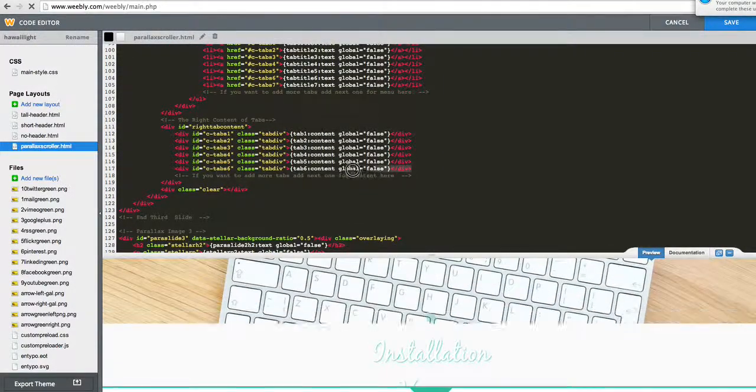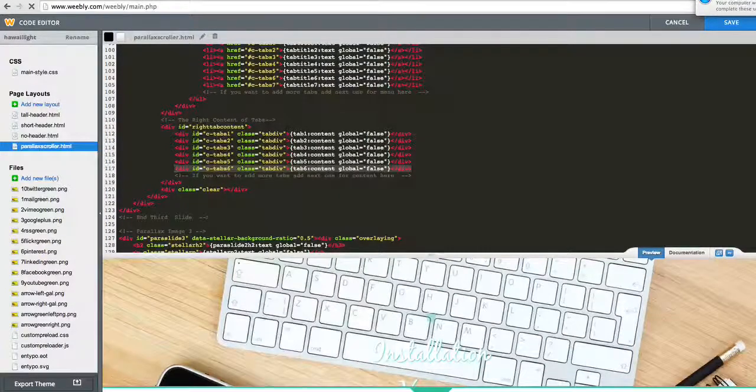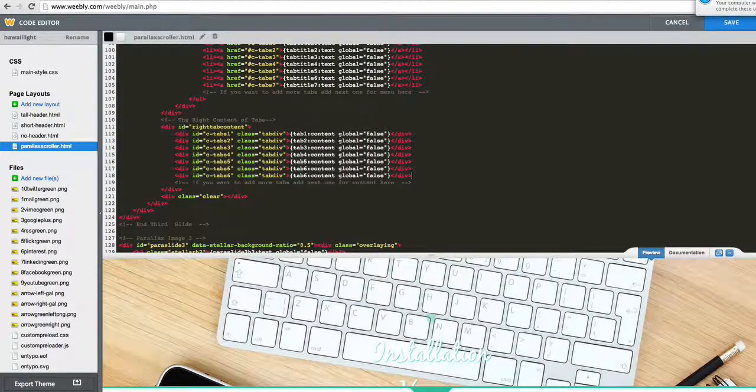Now for this one we need our content again, a tab content, so we'll create a new one. It needs the same ID as the title has, so we change this to 7, and also this one needs to be 7. So now when we save,